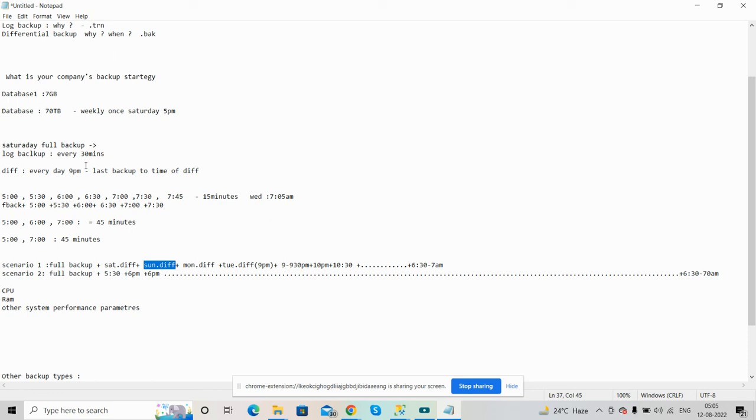So whether differential should be there or not depends on the size, the number of transactions, and the backup strategy. Overall, it depends on the backup strategy if you should have differential backup or not. Okay. So guys, this is about it. So what we discussed today,